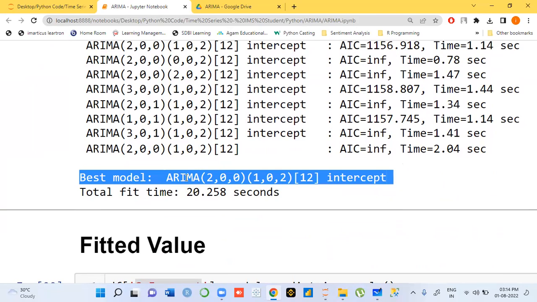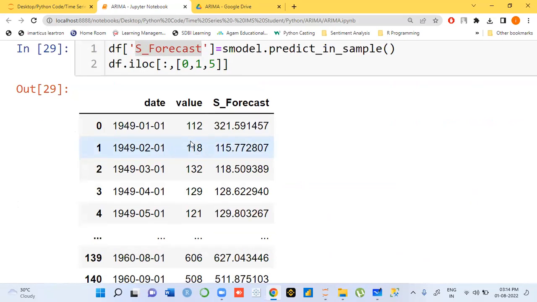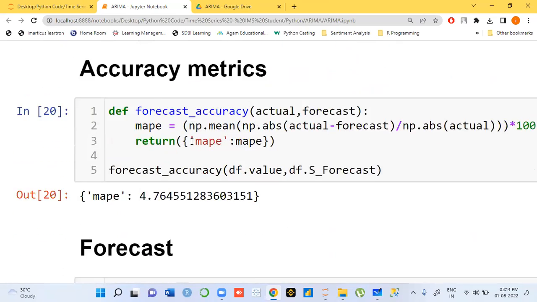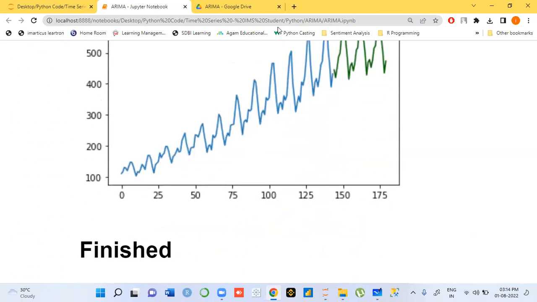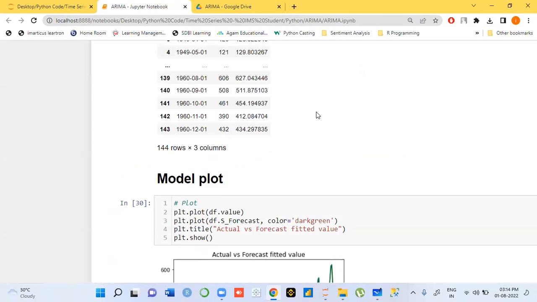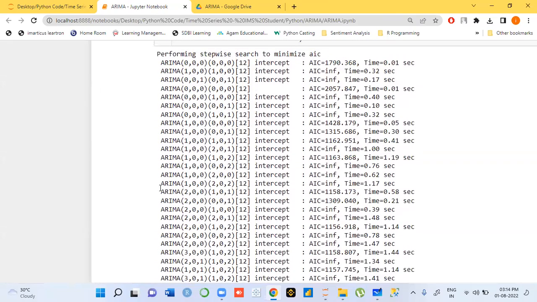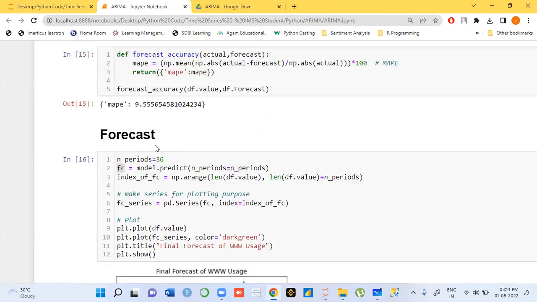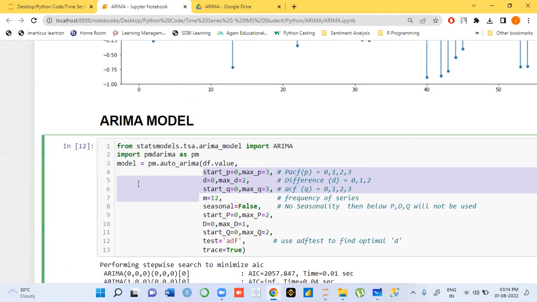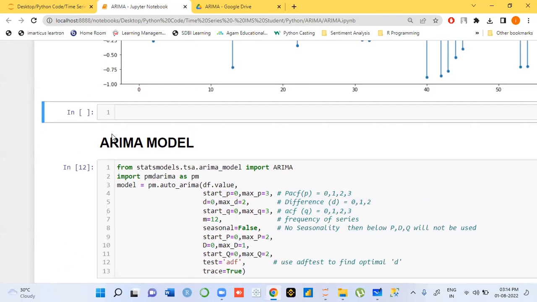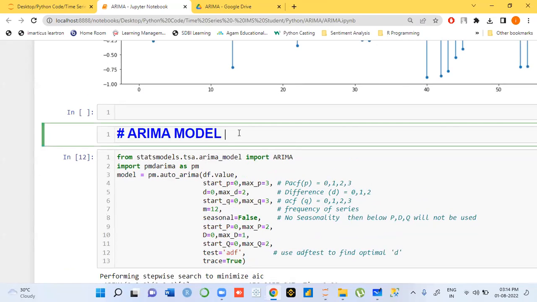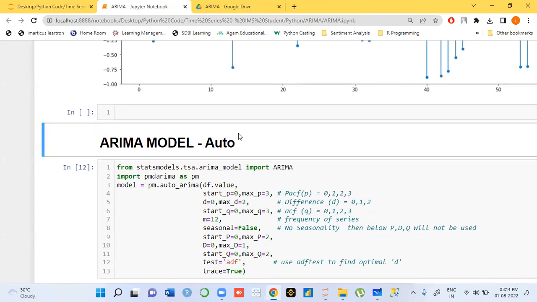Are you clear? Any question now in the code? Does the code look okay now? Understandable? Okay. This is auto code, guys. So not manual. If you want to do manual, then you have to write manual PDQ values. That is trial and error. So we always prefer to use auto. If you want to go for manual, let me add. This is your auto process. If you need manual,